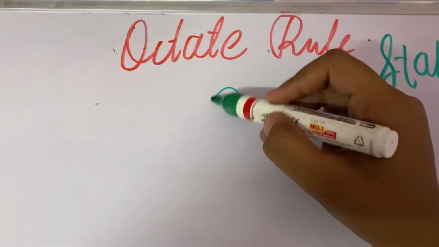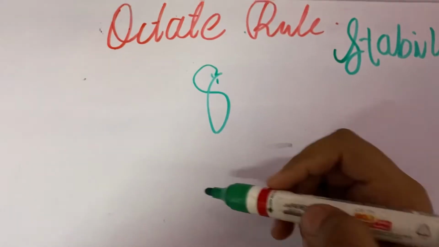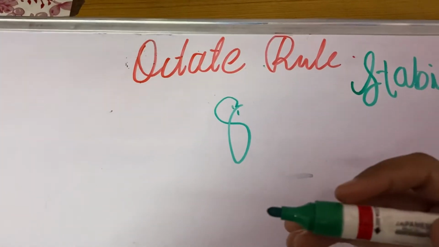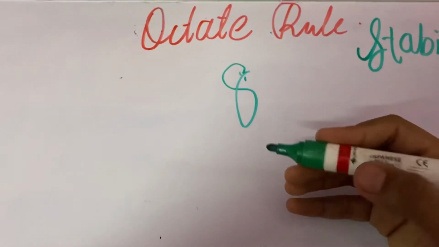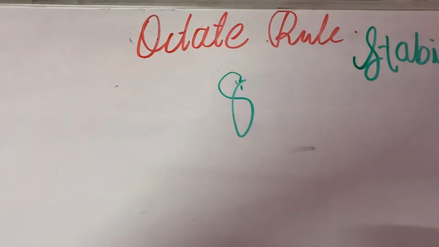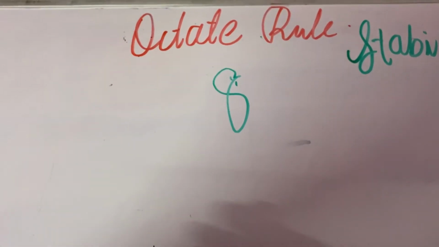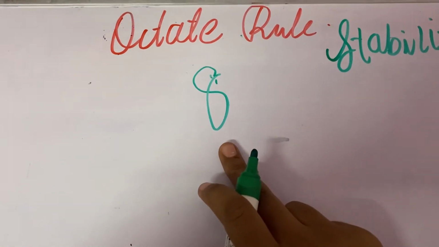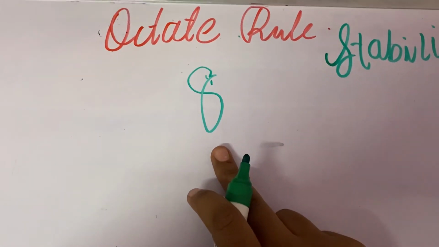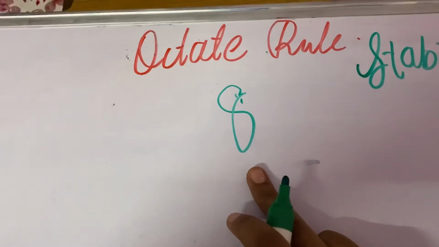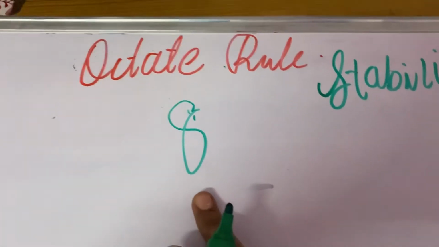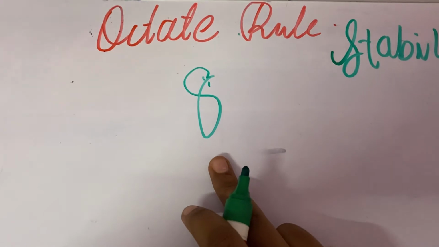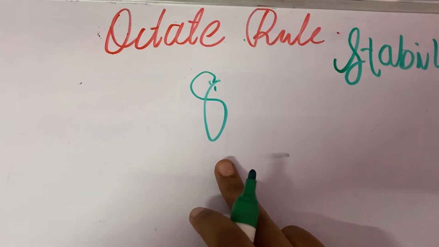So octet rule means letter 8, means every atom wishes that its last row should have 8 electrons. So that is the octet rule, and if atoms do not get their desired condition completed, they will become unstable. So let me firstly give you a formula which helps us calculate